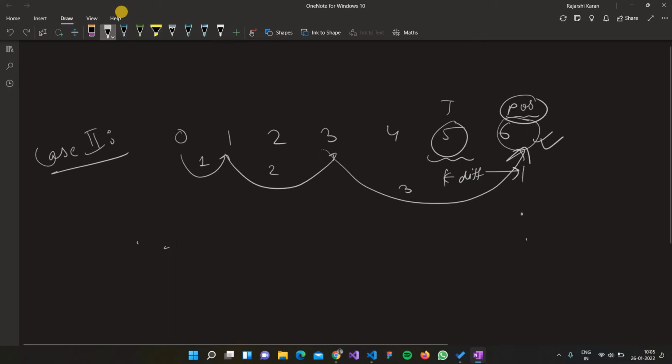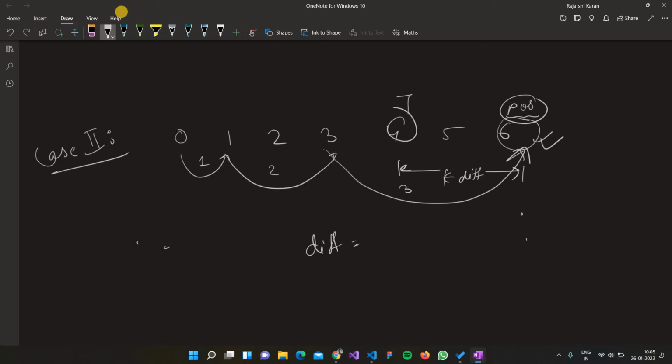With 5 the diff will come as odd, that is 1. Suppose our target is 4. If our target is 4, the diff that we get is equal to 6 minus 4, which is 2, that is even. Now for sure you can say that this target, that is 4, can